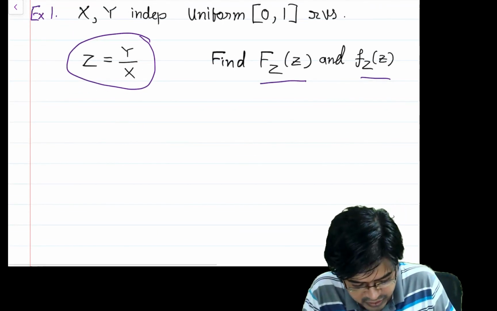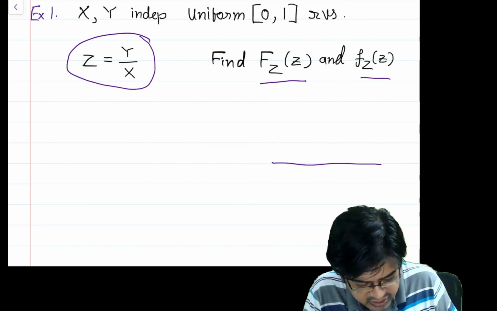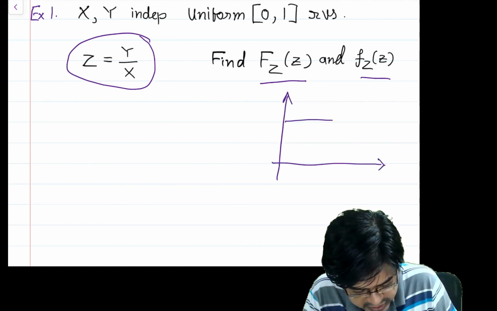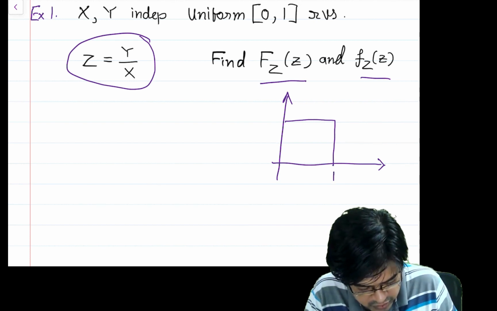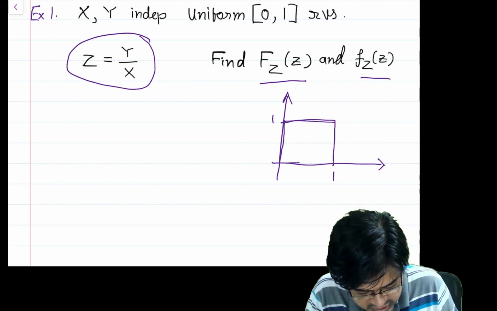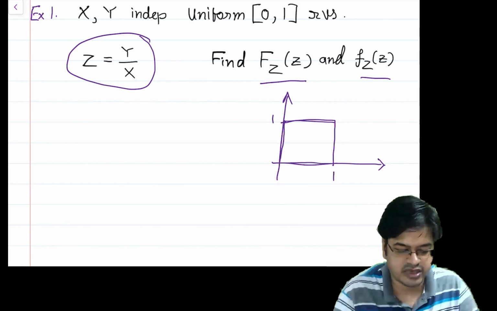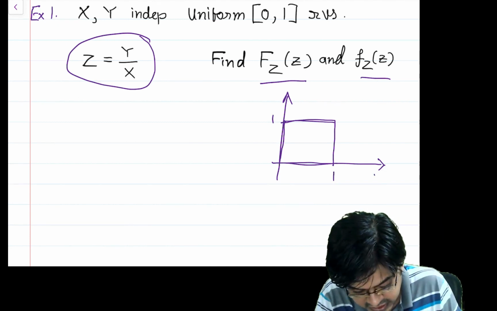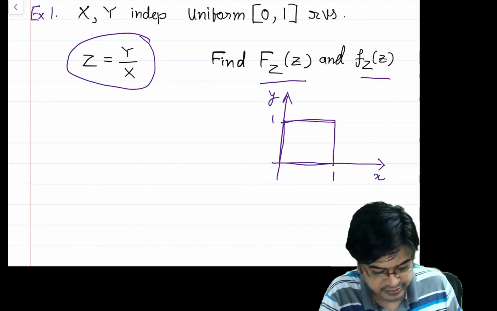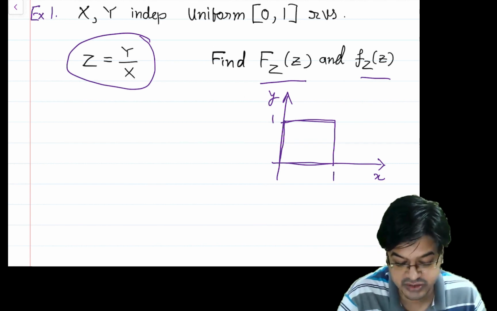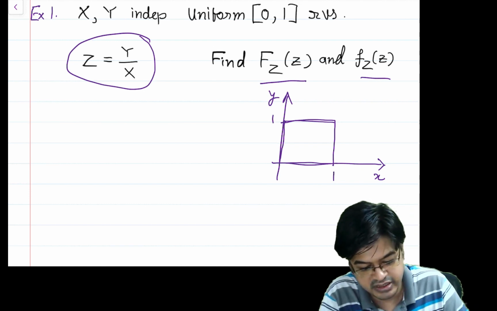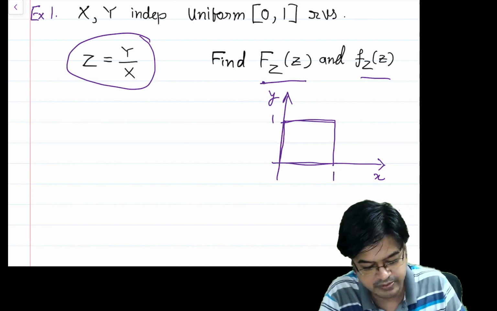So as they are uniform random variables on 0 1, naturally this is a uniform distribution on a square of unit length, on a unit square. So you can treat this as hitting the dart experiment, and we are interested in this particular experiment. So let this be x, let this be y, and we are interested in the ratio of two random variables, correct? So let us begin our quest by using the two-step procedure.